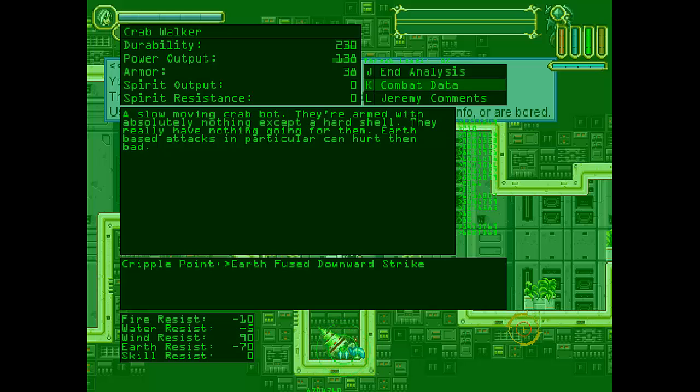If you want to damage the crab walkers, you can either switch your basic attack to the earth element and hit them with that, or you can cast earth related spells, which will do more damage. But also of note is the cripple point, as seen right above the resistances, which tells you a series of attacks that, when done in that order, or just one if there's only one, they will...